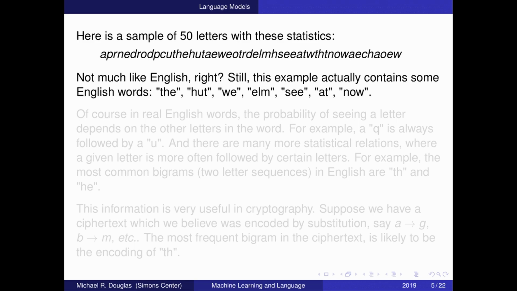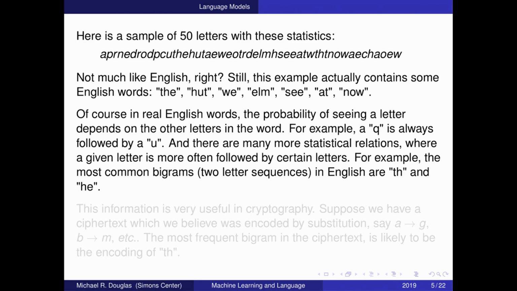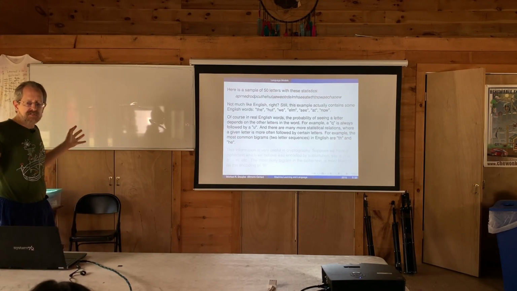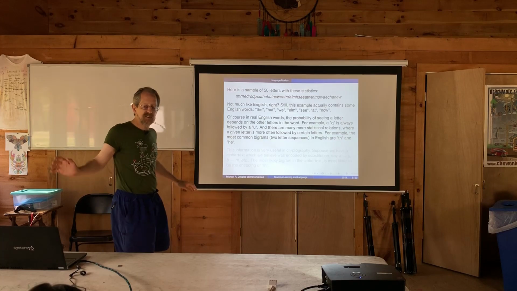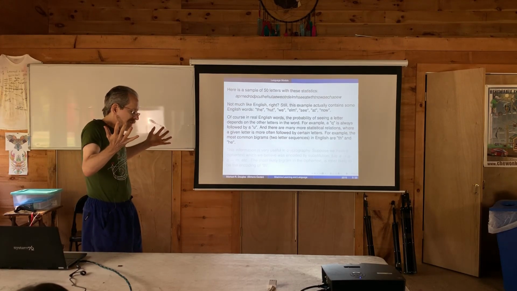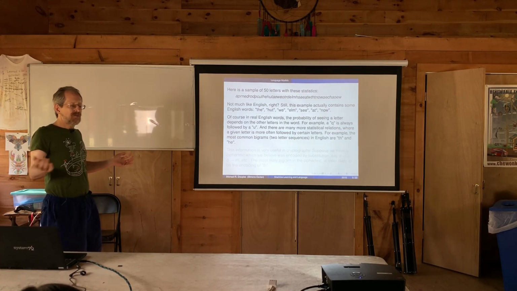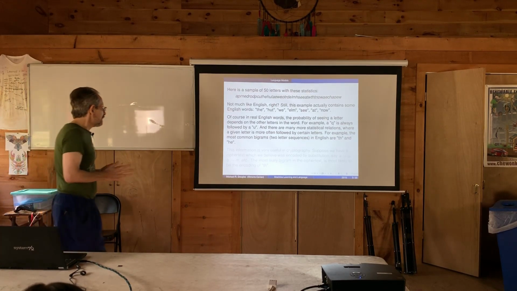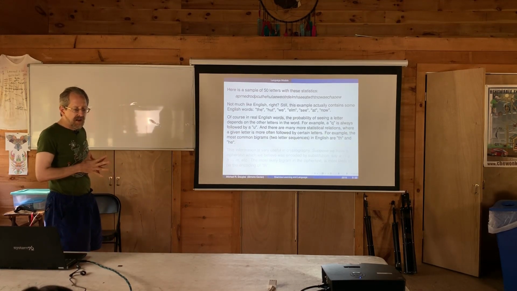Okay, so how do we do better than that? Well, obviously, letters are not just independent choices, and the letters satisfy many patterns, and we can try to describe those patterns statistically. The most obvious would be something like, if you see a Q in English, there's always going to be a U after it. And so you can start with definite rules like that, which are always true, but you won't get very far, because especially in English spelling, the rules are made to be broken. There are just as many exceptions as there are rules. And so you have to be a little more clever than that, but you can find statistical rules.